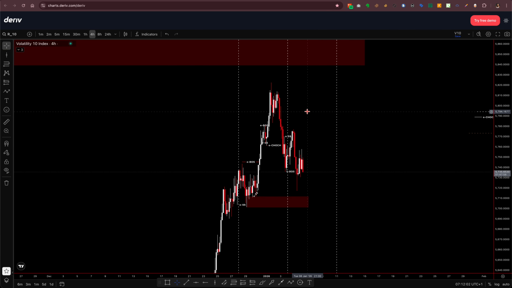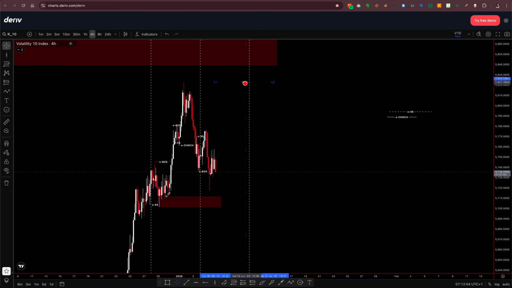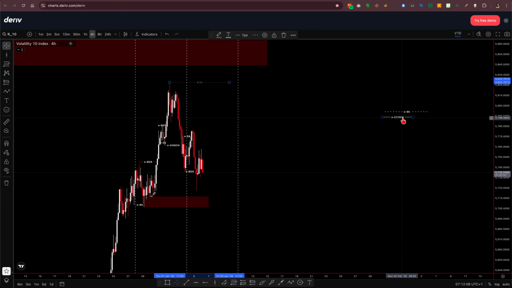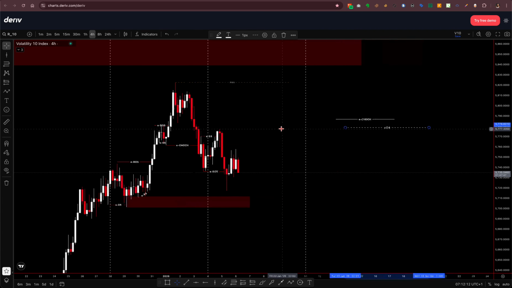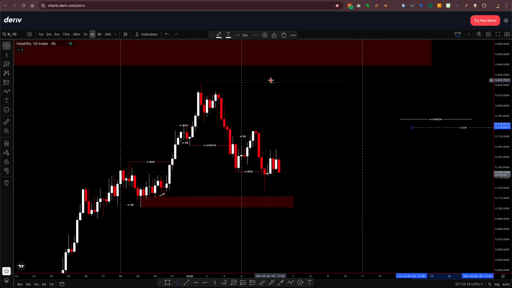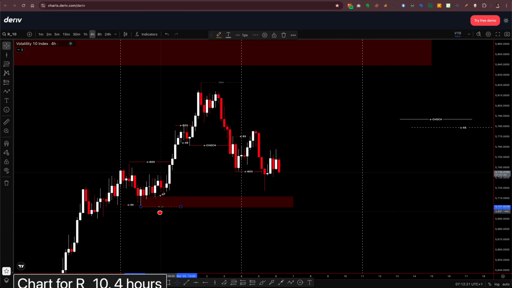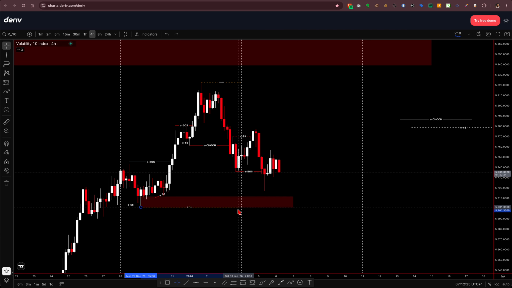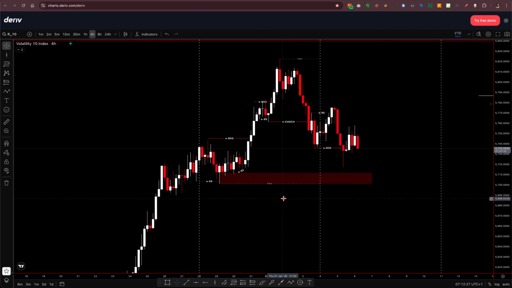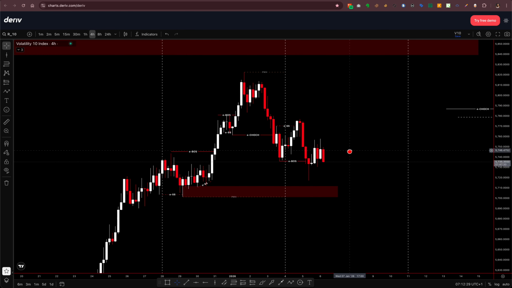The reason why I draw that is because I want to identify another source of liquidity that price will possibly react to, right? Those forms of liquidity are what I call the previous daily high and the previous daily low right here. So now with those two